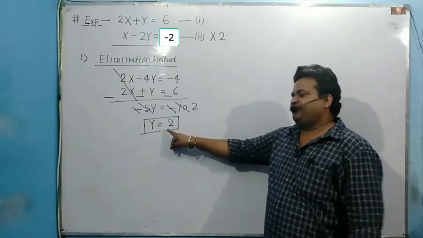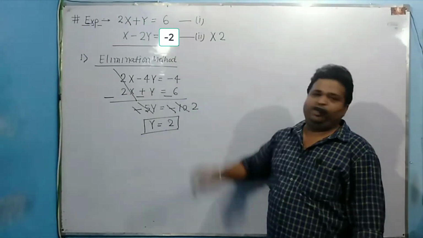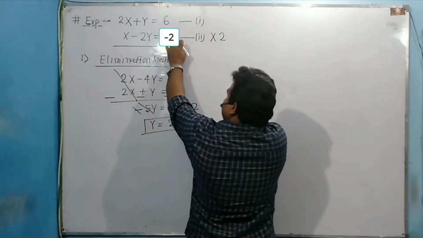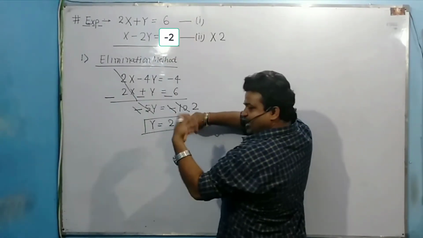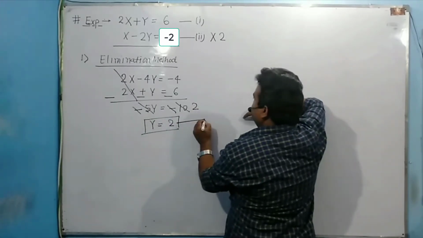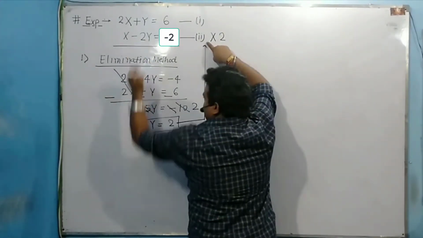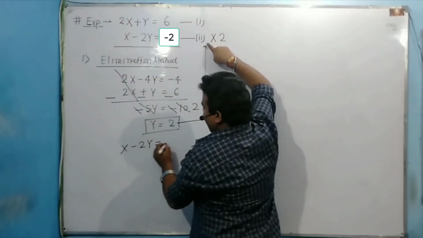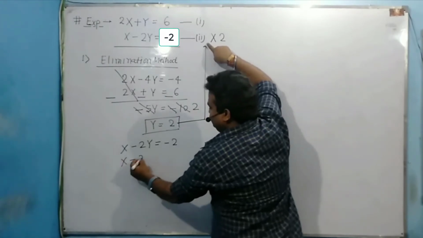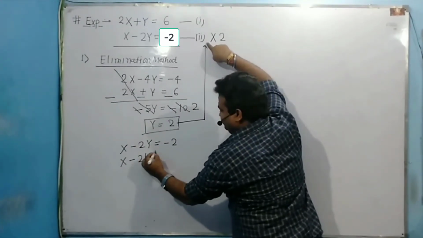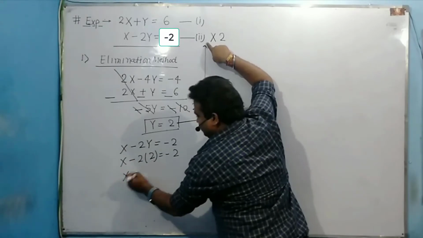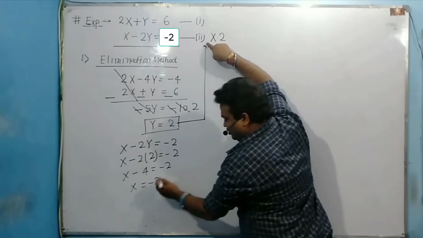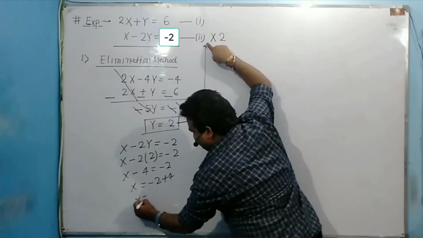Now you have one variable value, the solution of one variable of this linear equation. With the help of this, I am going to put this value in either equation 1 or equation 2 and you will get the x variable also. Now I am putting this value in equation 2. What is my equation number 2? x minus 2y is equal to minus 2. So x remains the same, minus 2, and for y I substitute this value. So x minus 2 2s are 4 is equal to minus 2. So x minus 4 is equal to minus 2. When this goes to the right hand side it comes positive. So the x value is 2.